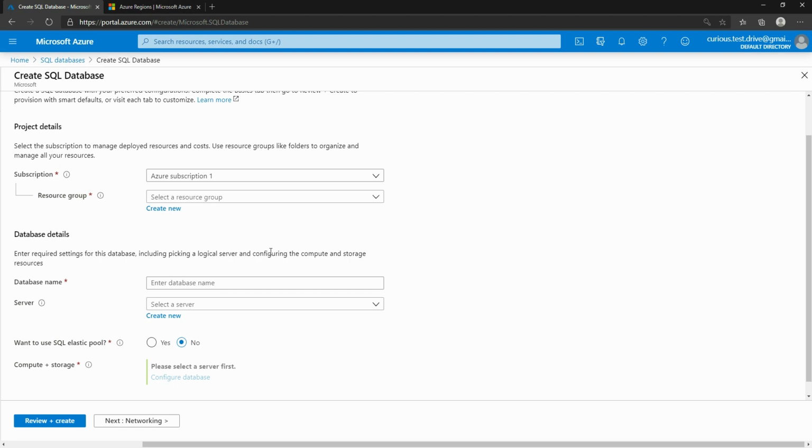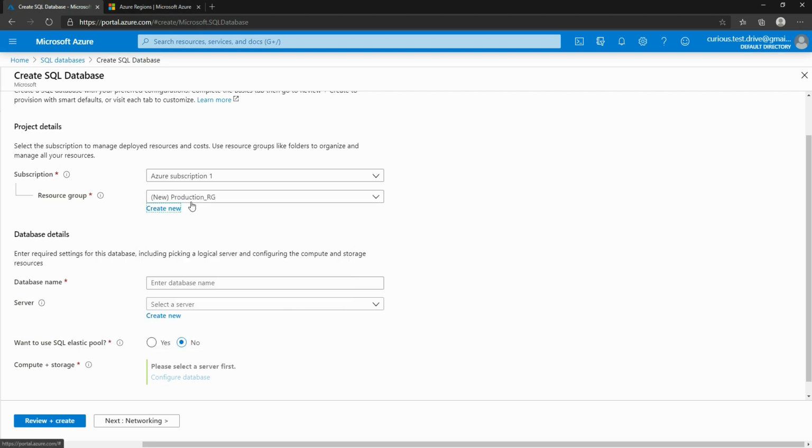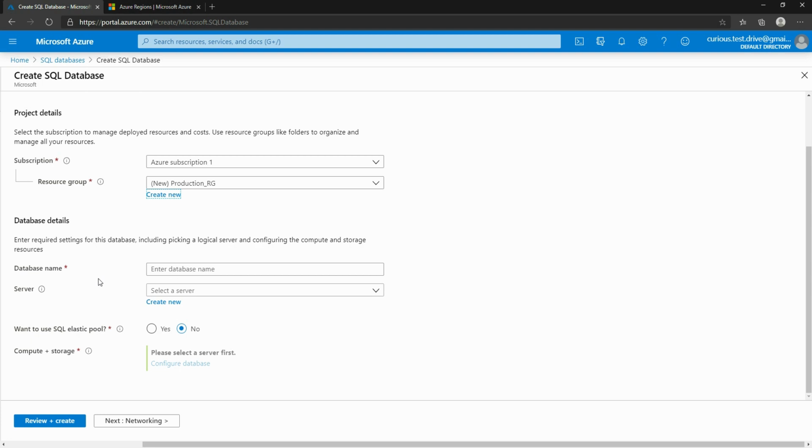So we are putting our database in production. So I'm going to create a new resource group. I'm going to call it production resource group. And here I'm going to select that resource group for this subscription. And then when we create the database, it will get added into this resource group. And then they're asking us the name of the database. So I'm going to select here bookstores